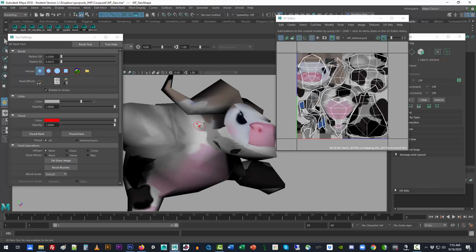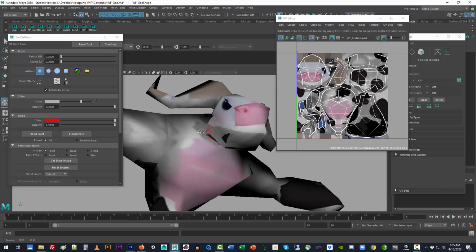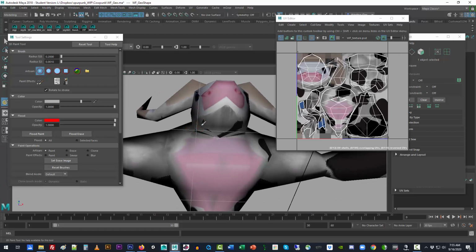It's going to be a slightly better blend. You can get rid of little patches here that are not desired from things like projections, but it's really nice